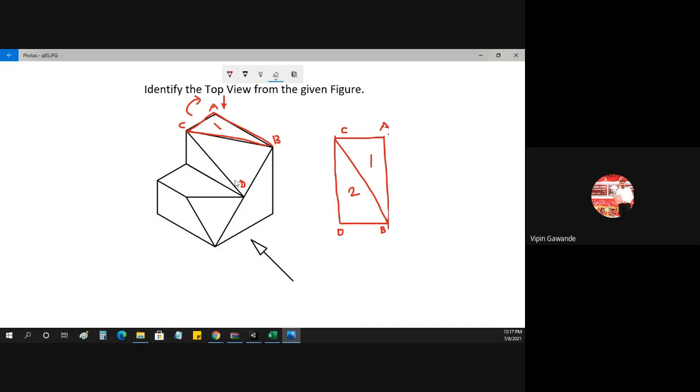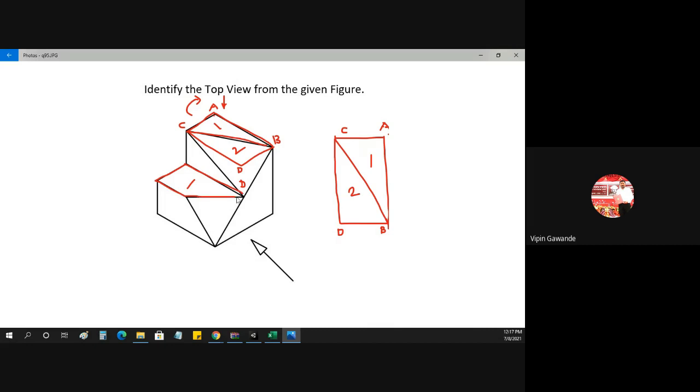So what I have done, I have transferred this D point upward. Just imagine these are flexible cables, and you are transferring this upward. When you transfer that, this CD becomes vertical, and this DB becomes horizontal. So two surfaces we have drawn. Then afterwards, which surface is visible? Now this surface is visible in the top view.